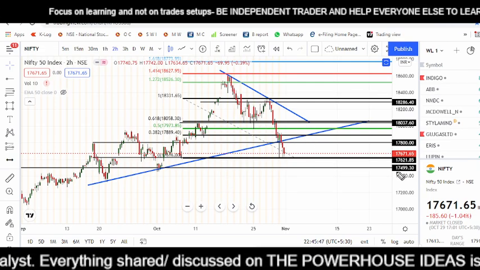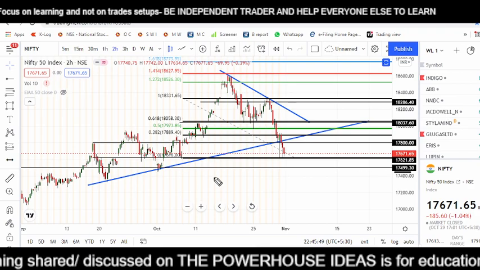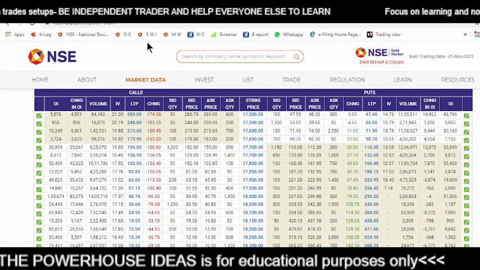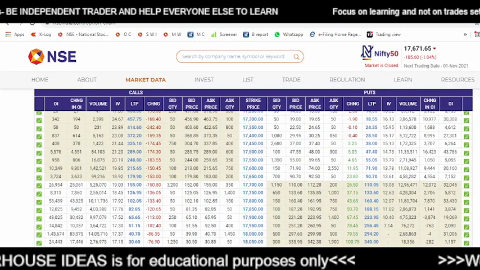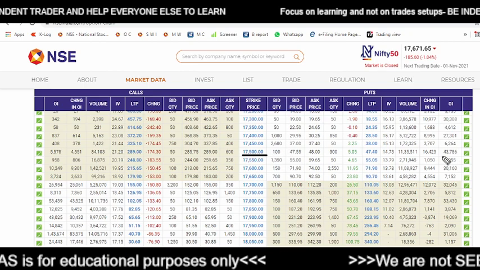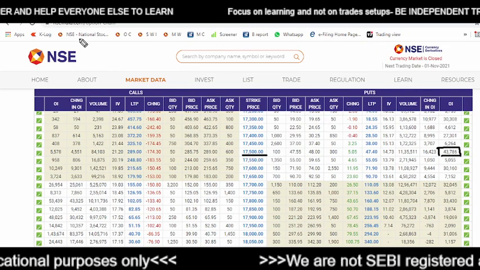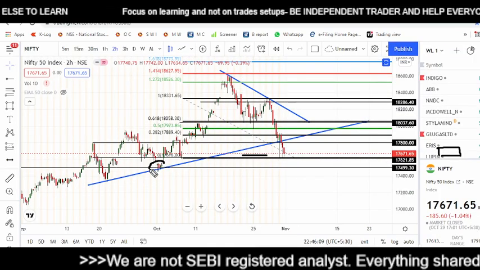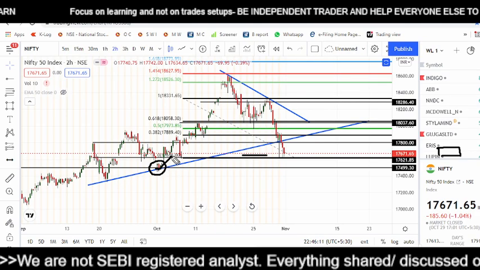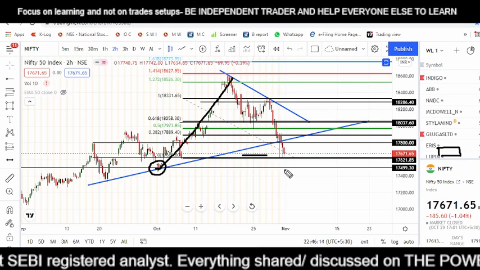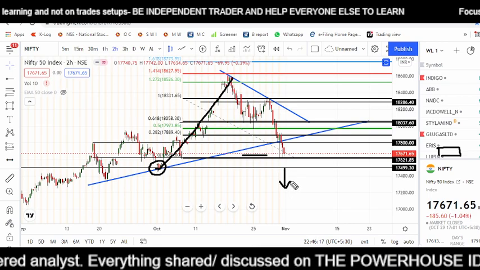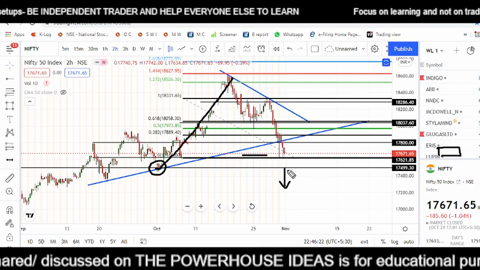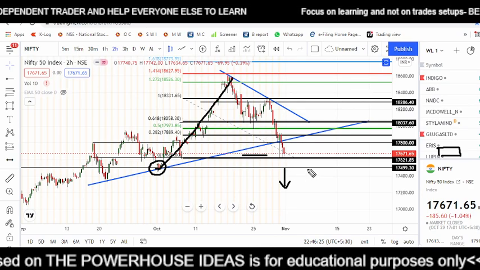On the downside, we can see the level of 17,500 as the major support. Now let us see whether this is a support as per option chain analysis or not. As you can see on the support side, 17,500 is also having the major option chain support, which is as per technical analysis as well. As per technical analysis also, this level is a major support, because from this level only we saw this big rally. So option chain and technical analysis both say that on the downside 17,500 should not be broken. If this is broken, we might see a serious fall on the downside.